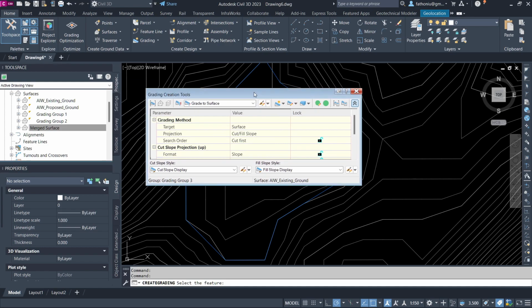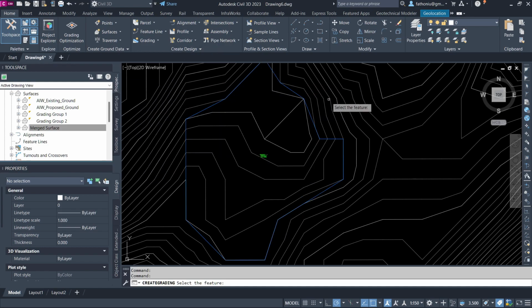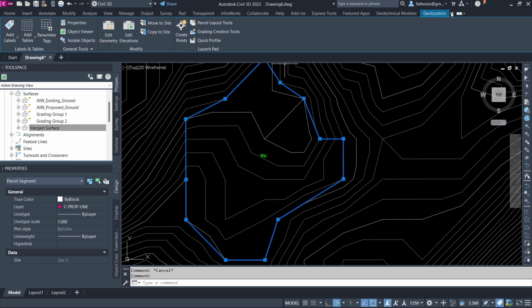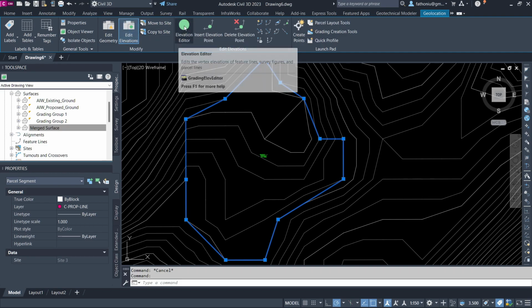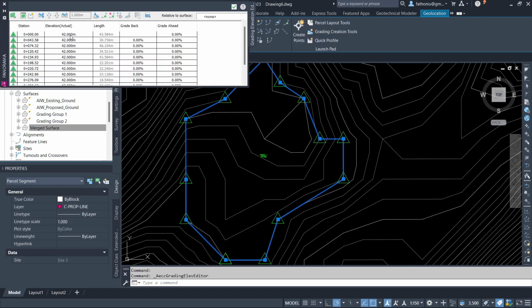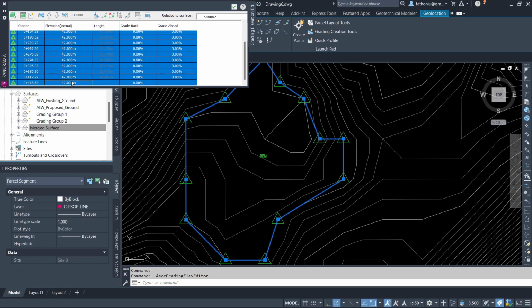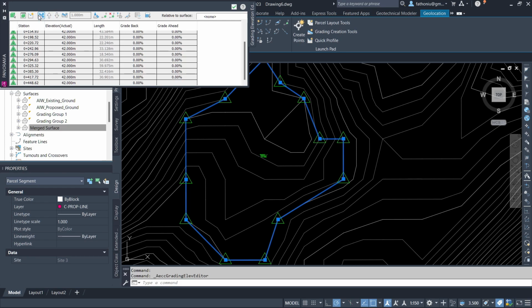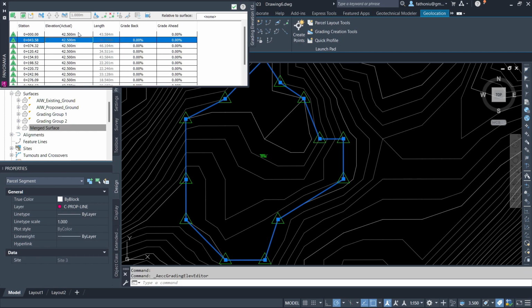I forgot to show you the properties of this parcel. So we click this parcel, and you can see here the parcel contextual tab is directly activated, and then you can edit the elevation. Click this button, edit elevation, and the elevation editor appears here. Currently the elevation is 42 meters. If you want to change all the points, you select all the points, and then select this button, raise or lower to what elevation. Let's say 42.5. Press. Then all the points will be raised by 0.5 meter.